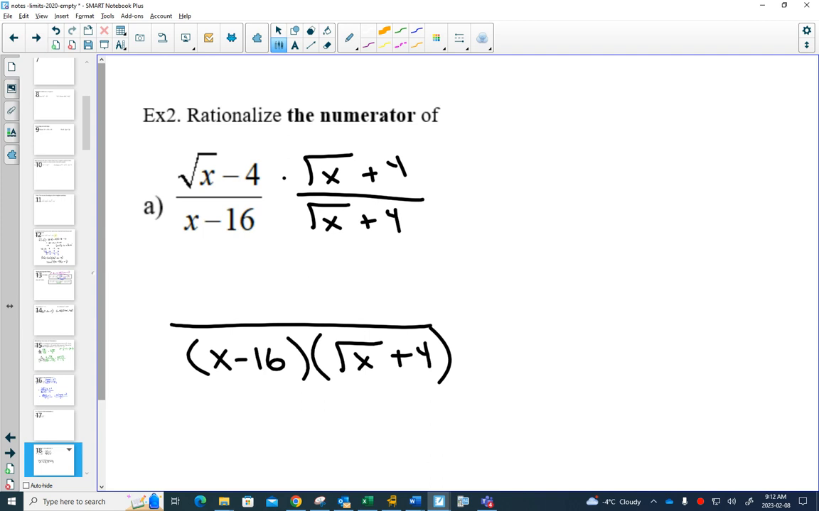Because on the top, when you rationalize, okay, difference of squares, square root of x, that'll just be x. Minus 4 times plus 4, that'll be minus 16. And we have a factor that's the same. So that's the nice thing about not multiplying out the bottom, that we notice that if this is the same as this, and these simplify,